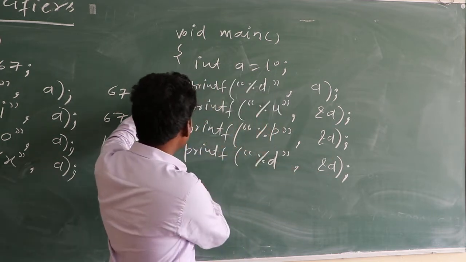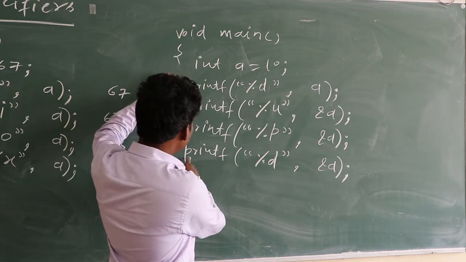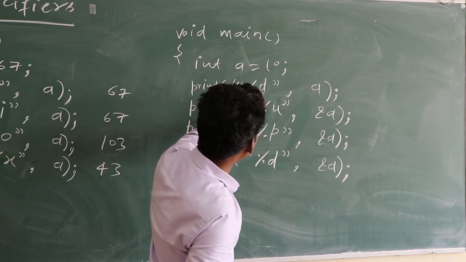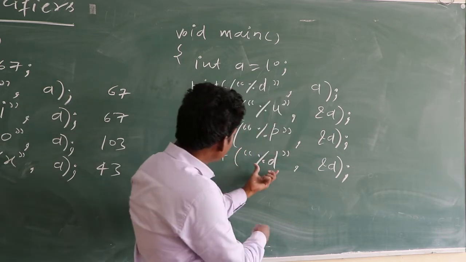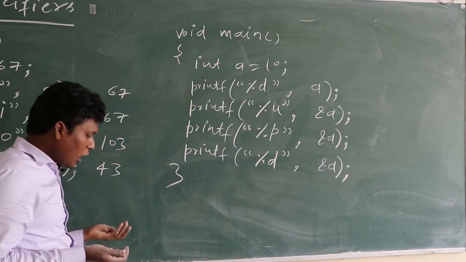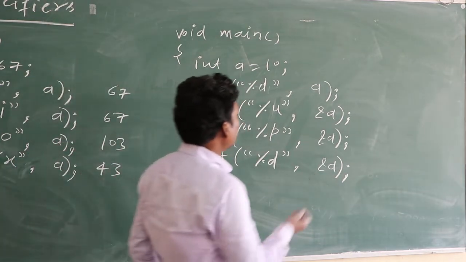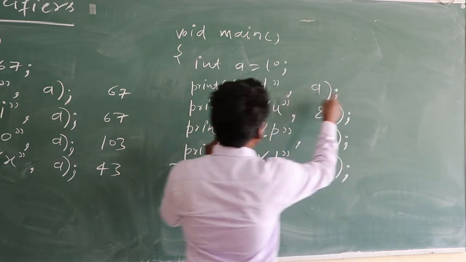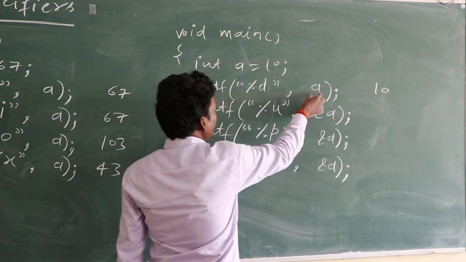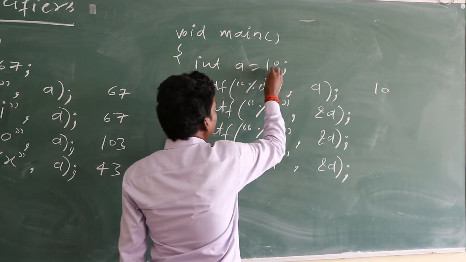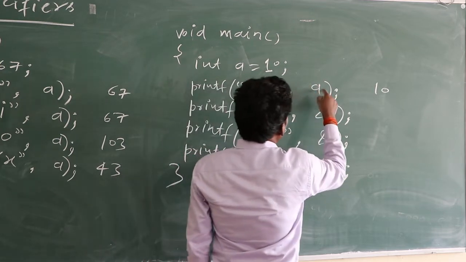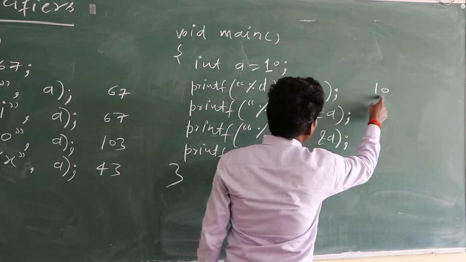So class, in this printf and in this printf there is a difference in the first and fourth printf. In the first printf there is a %d but a, here is %d but &a. So what will be the output of this program? So this printf prints only 10, output is 10. %d prints a and a has the value 10, that is in decimal, and %d prints in decimal, so %d prints a, that is 10.